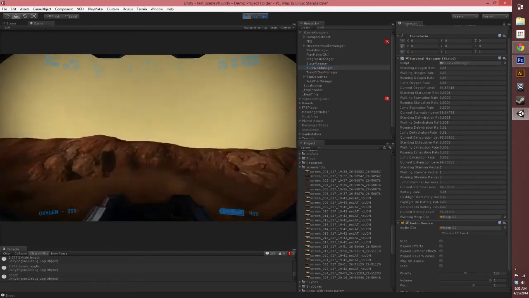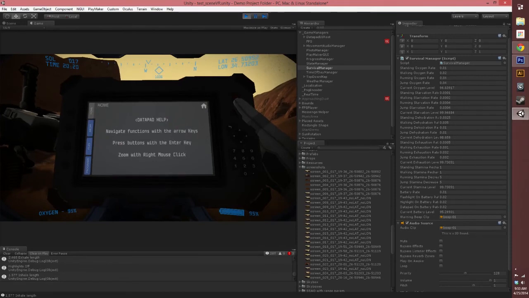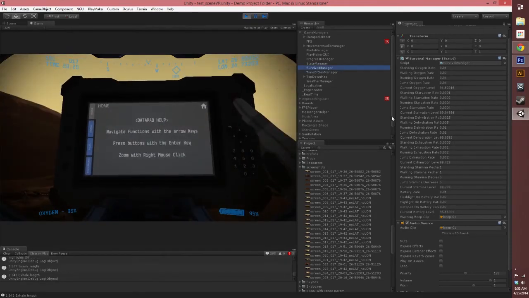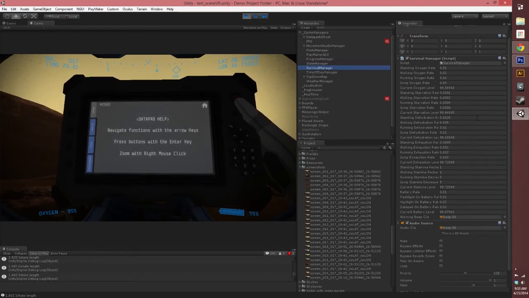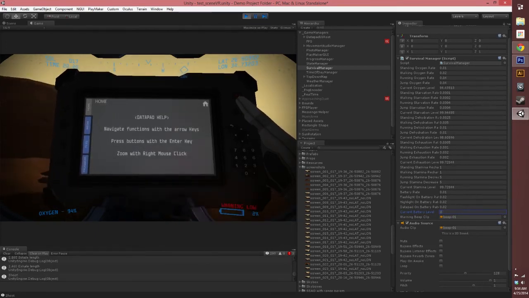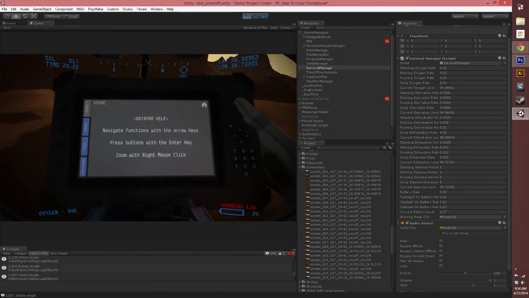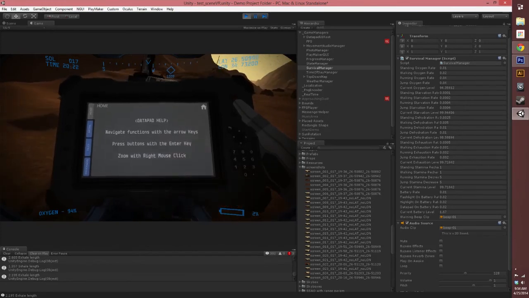So one of those things is, like I mentioned before, the battery. So if your battery dies, so if we go in here to our current battery level, which is, I probably should organize these variables better, but the current battery level, if we change that to 2, let's say, okay, so it gave us our low warning, and if we turn on our flashlight here too, which is behind the data pad, but it's on,